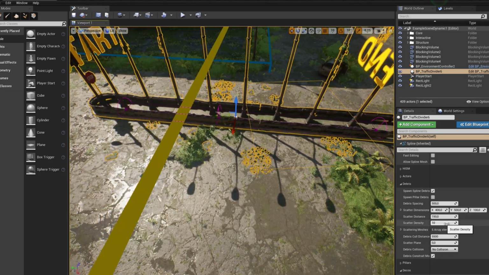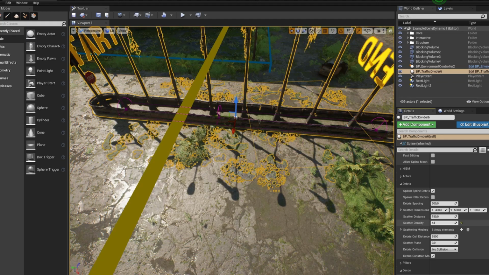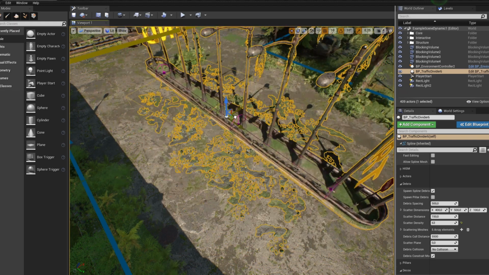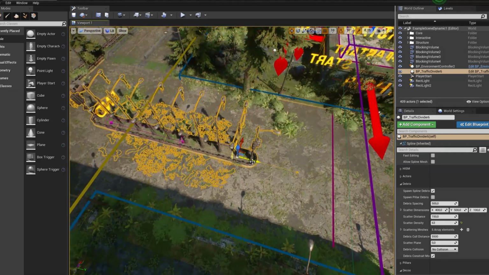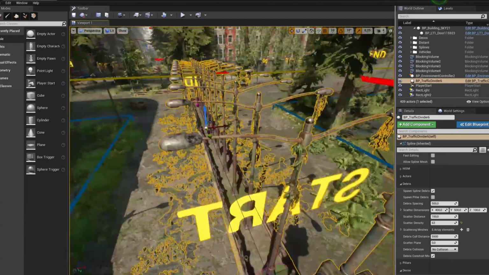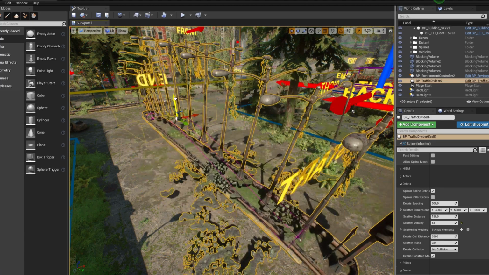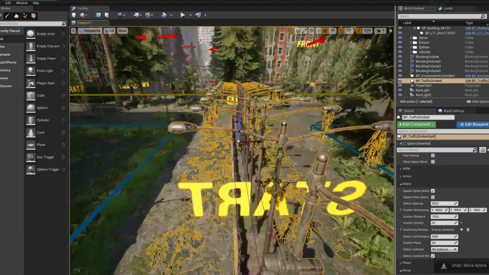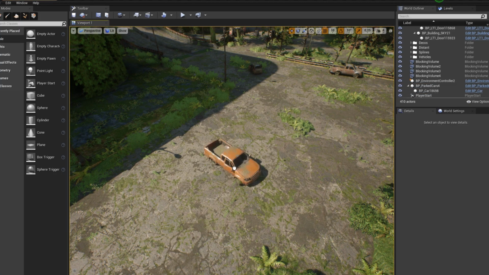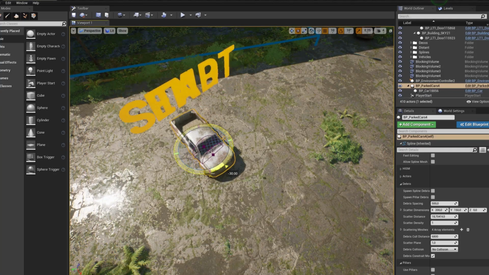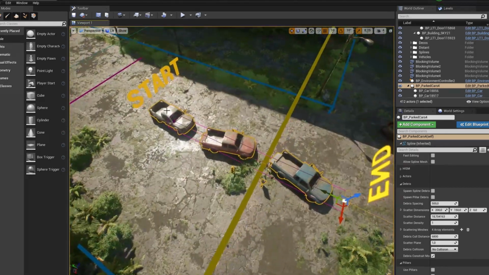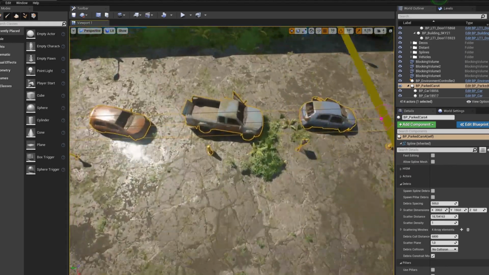Cutoff settings allow you to cut instances from start or end spline points. This is useful when there are unique meshes in the start and end points, and we don't want to add HISM instances on top of those, just to avoid z-fighting and so on. HISM scale will help to fill gaps in the cases where the mesh length will not match with the spline length. When the setting is true, the system will scale the first mesh to fill this gap. HISM planar constraint setting will constrain HISM instances onto a plane. This way it will keep Z location the same for every instance, suitable for situations like roads, ground, floor, and